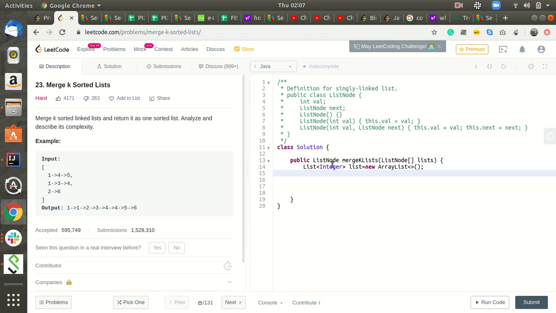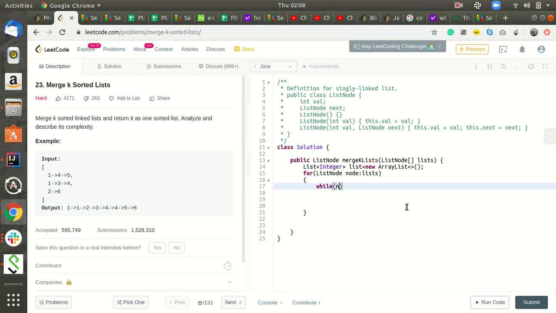So again, I'll iterate the list nodes by enhanced for loop. Then I'll transfer all the elements of that node, which represents the linked list. So there is an array of linked lists, which is over here, called lists.